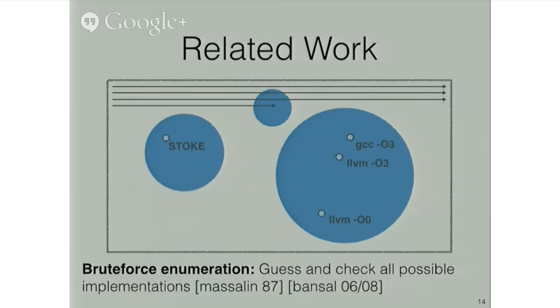A completely different approach to this problem, which is guaranteed to work in the long run, is to simply guess and check every possible implementation in this space. This sounds sort of wild, but it works surprisingly well for RISC instruction sets, and even in some cases for CISC machines. In the past, my advisor Alex and one of his students were able to produce some pretty interesting optimizations by building a database of all possible x86 program fragments of up to 3 lines of code. That was the upshot. The downshot was this took over a compute month to do. And at 11 lines long, the code produced by Stoke on the left here is fortunately well beyond the scope of what we'd hope to discover using only this technique.